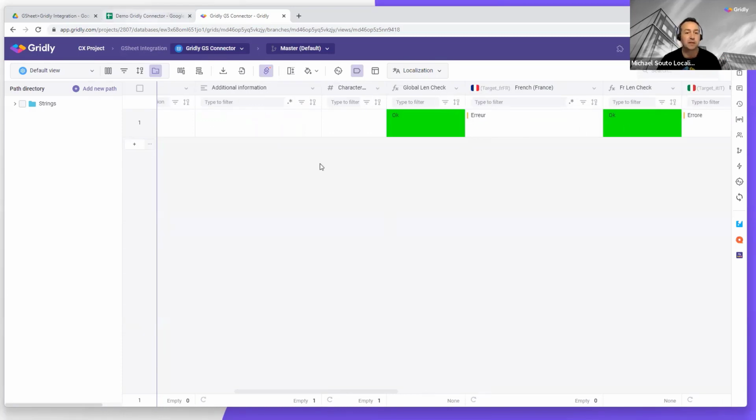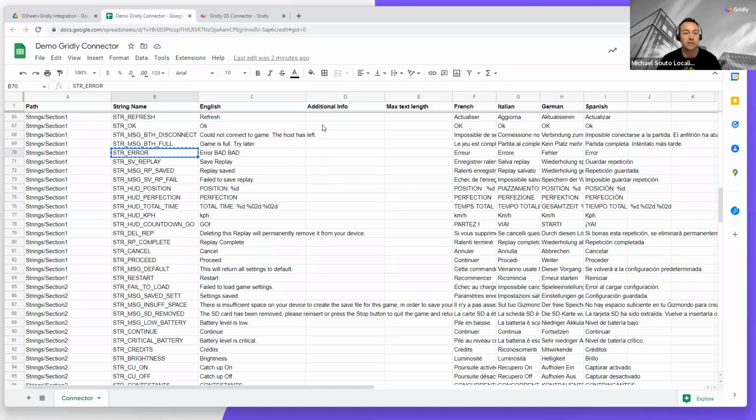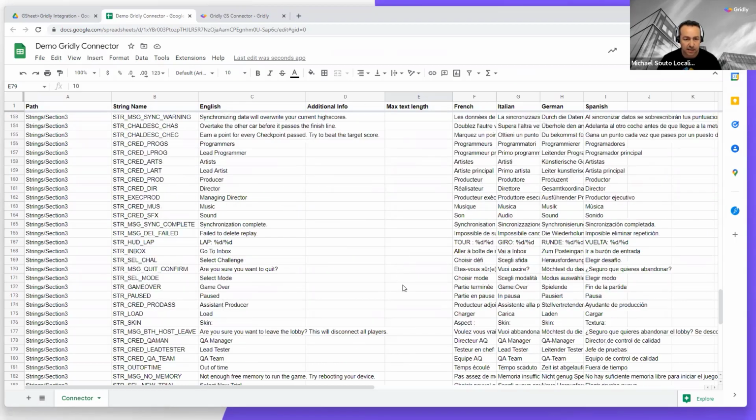If I then go back to here again and add some more data, so if I say this is additional, and then I add some max text length here. So if I say the text length for this particular one is 10, even though it's obviously far longer, this is just to give you an example of something that exceeds the potential translation. Oh, actually, if I add that 10 down here as well,